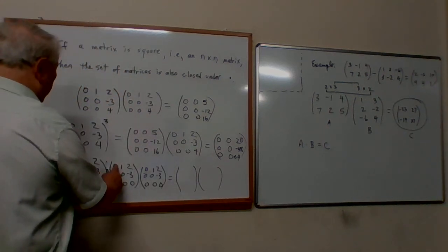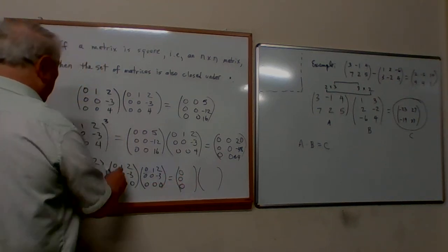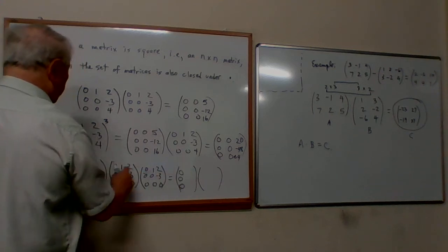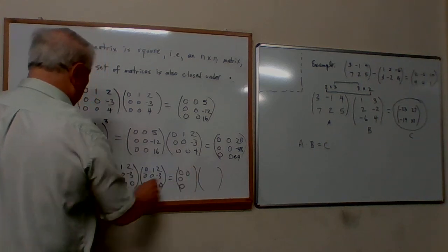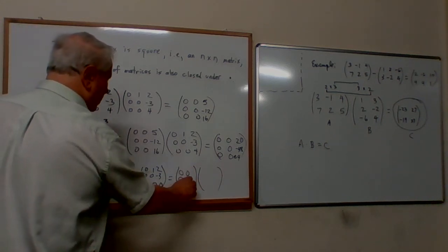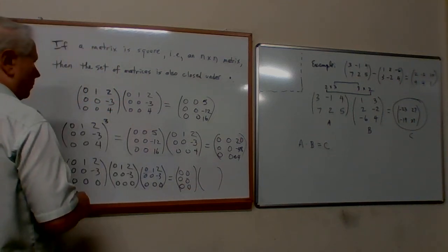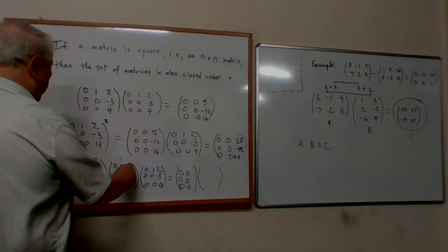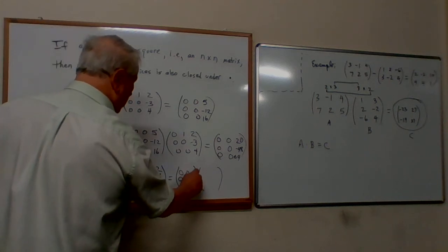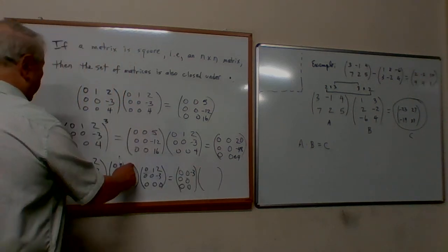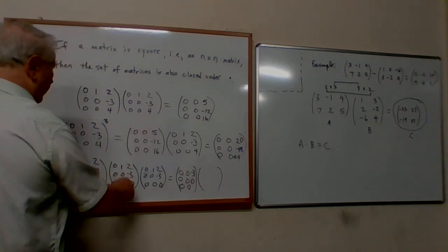So what do I get here? I get 0, 0, 0, no surprise, and no surprise all the way down the first column. This row 1, column 2, I go to row 1, column 2, I get 0, 0, 0, and so on. So that's the same as it was before, but now we're going to see something a little different. Here I get 0, negative 3, 0. Here I get 0, 0, 0. And on the bottom I get zeros.